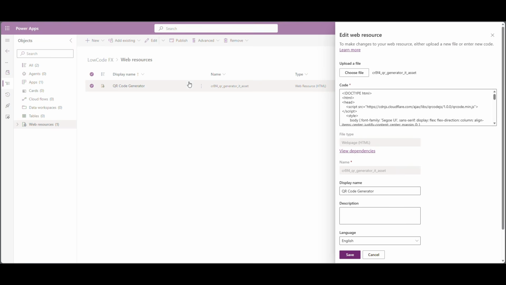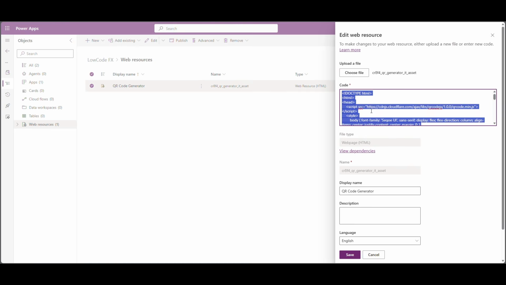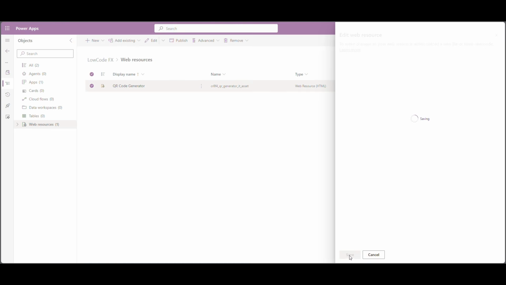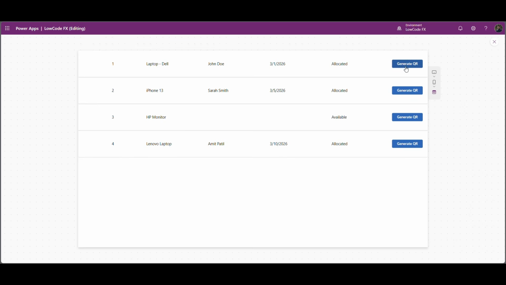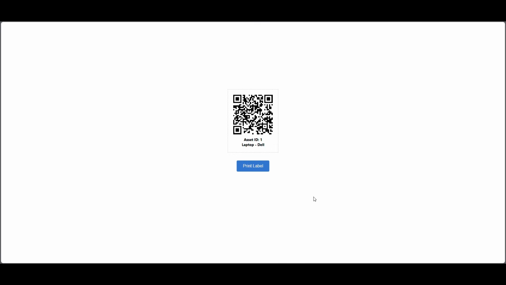Let's copy it again. I need to go to web resource, select all and paste it again, save. I need to publish it again. Let's try again. Perfect. Now we got QR code as well as asset ID number and asset name